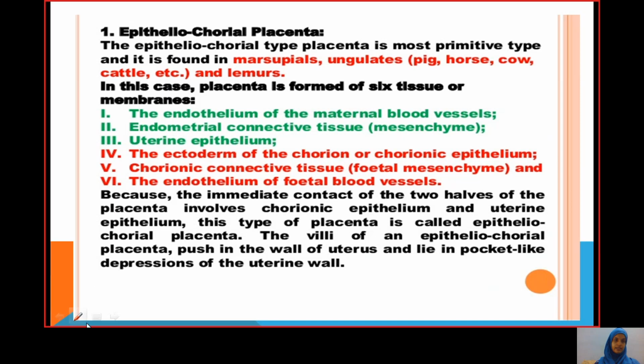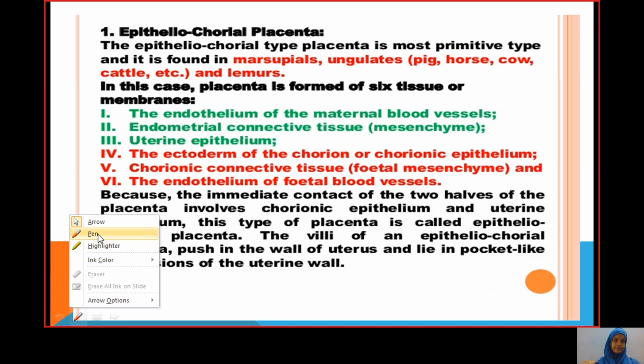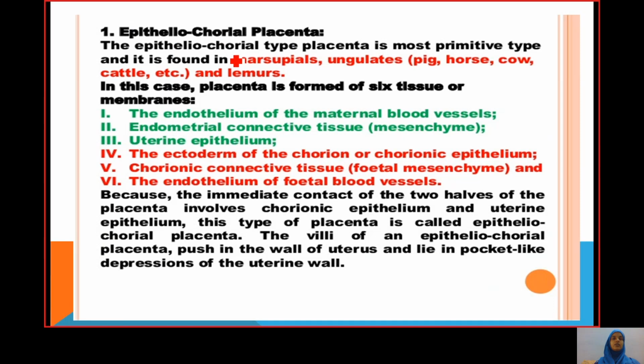The epitheliochorial type placenta is the most primitive type. It is found in marsupials, ungulates like pig, horse, cow and cattle. It is also present in lemurs. In this case, the placenta is formed of 6 tissues. Already we discussed, 3 tissues are from the fetus and 3 tissues are from the mother, maternal and fetal tissues, because